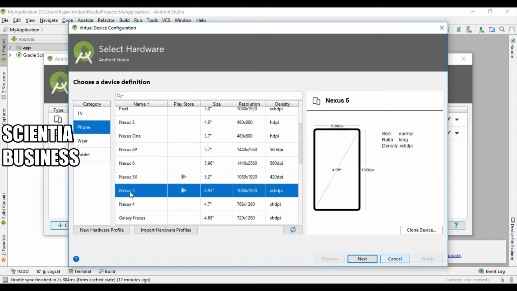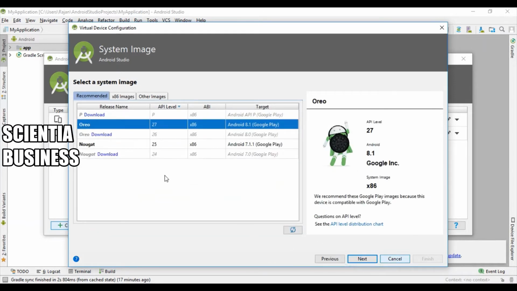Like here I selected Nexus 5, and inside Nexus 5 which Android version I need to install depends upon the requirement. So for now, like in most of the examples, you will be seeing that I will be using Android 7,